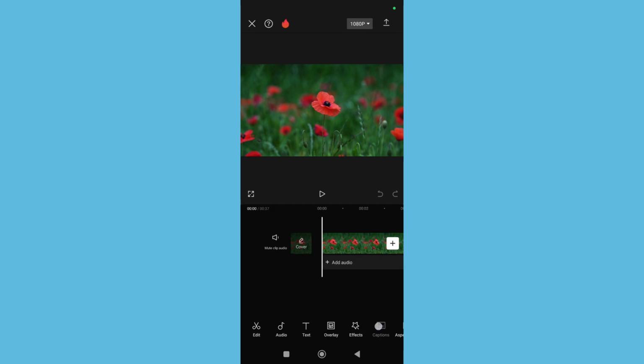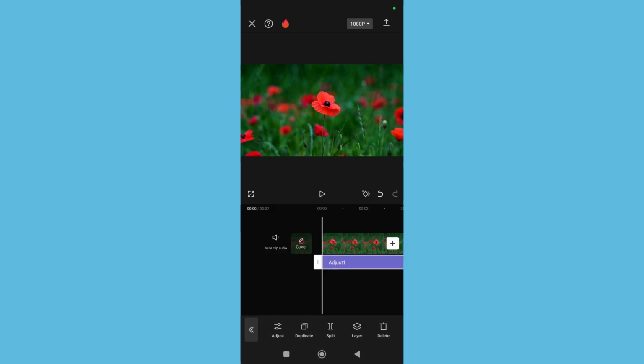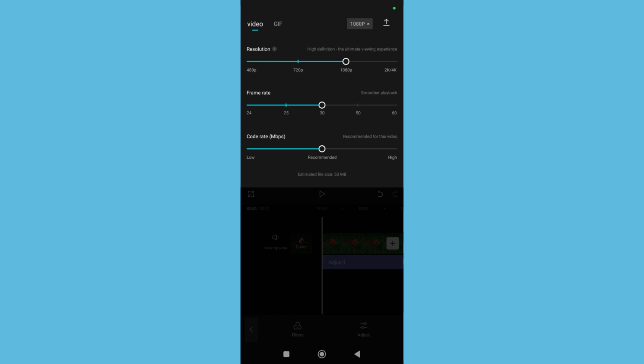So right now what you need to do, you just need to select adjust option. Select contrast and increase it to 10. Then select saturation, it's also 10, and then select highlight, it's also 10. Then save it. Right now from top, select here, just select here, and then you just need to increase it